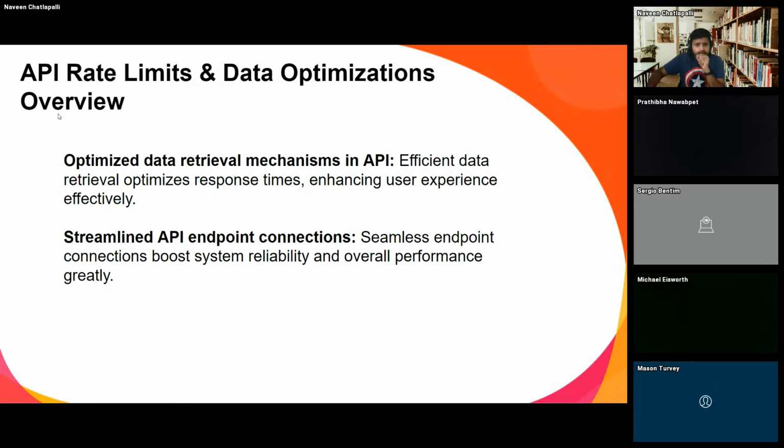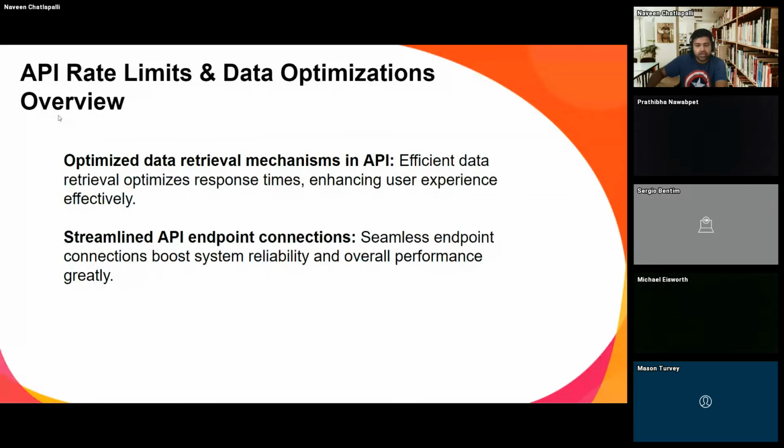And coming to the retrieval mechanisms, as I told you, it is about efficient data retrieval optimization, and it is also improving the response times for the user experience. Let's say a customer wants to build an API call to see how many failed jobs there are, or how many job queues are being created. Previously, to get all the information with all the unwanted fields, it took much longer. But by omitting these unwanted fields, they are going to optimize the retrieval mechanism, and also streamline API endpoint